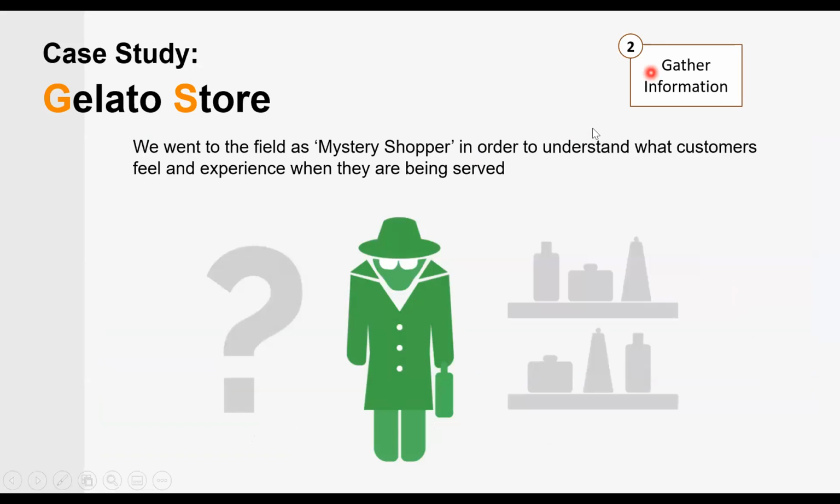The second step is what we already explained in the beginning, which is that we went to the field, we went to the gelato store as the mystery shopper. So basically when the owner came to us, they had already told all of the staff and the management that we will be hiring a consultant to help us in improving our customer experience. But we sent a different person the first time. So let's say the first one who came to the gelato store was Sean. So Sean came there, he interviewed, he observed for the whole week as Sean, the consultant.